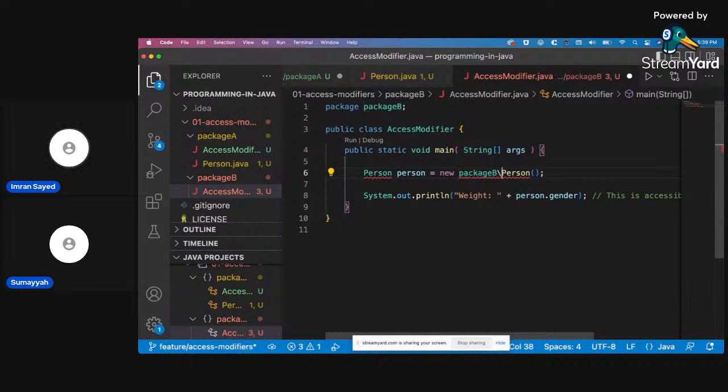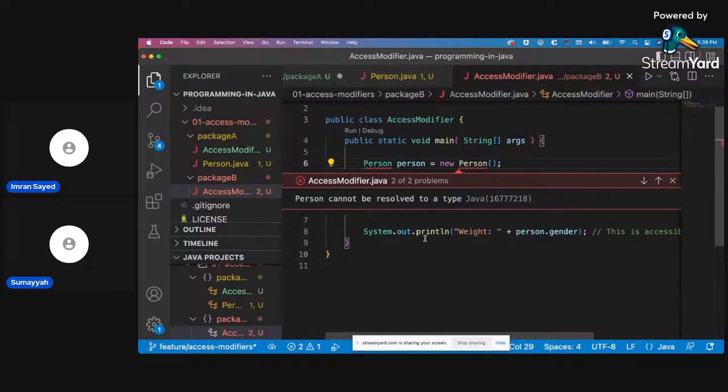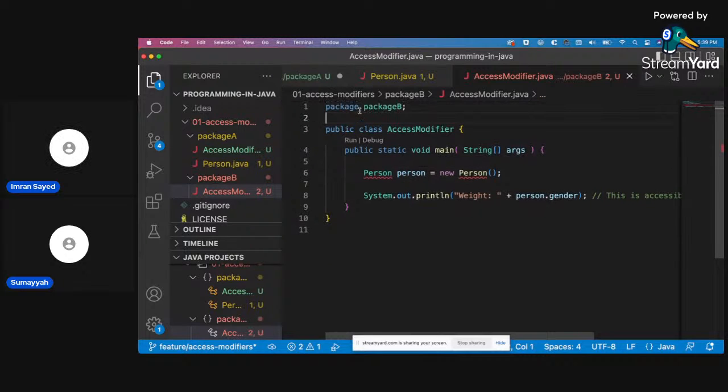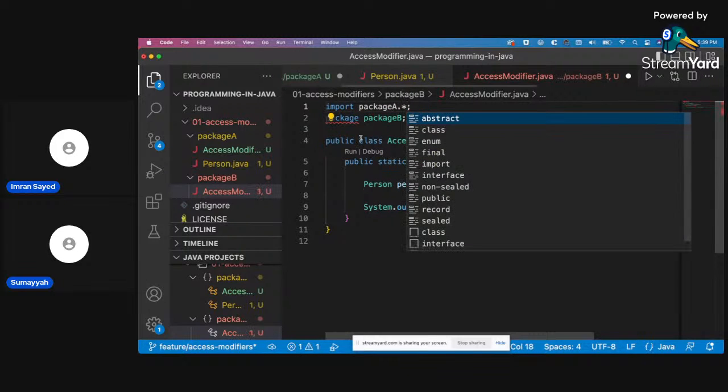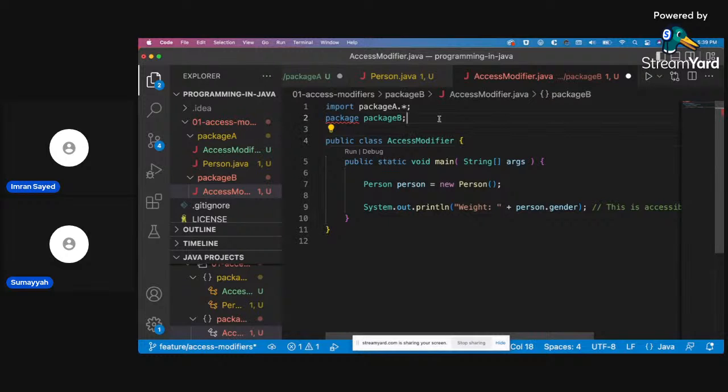Now, I don't need to define the package now, right? Just use person. You can't use it. Why? Person cannot be resolved to a type. I guess I have to import the package if I'm not wrong. Then it's going to work, right? Yes, you have to import. And this needs to be the first thing, not the last thing. Now it should work. Yeah, that's it. We learned how to create packages today by the trial and error method.